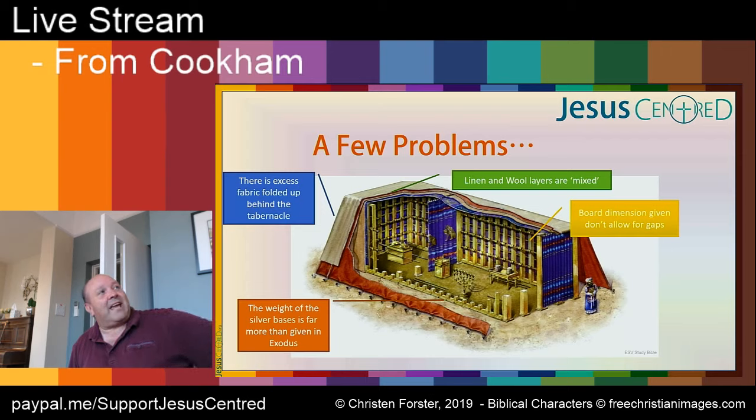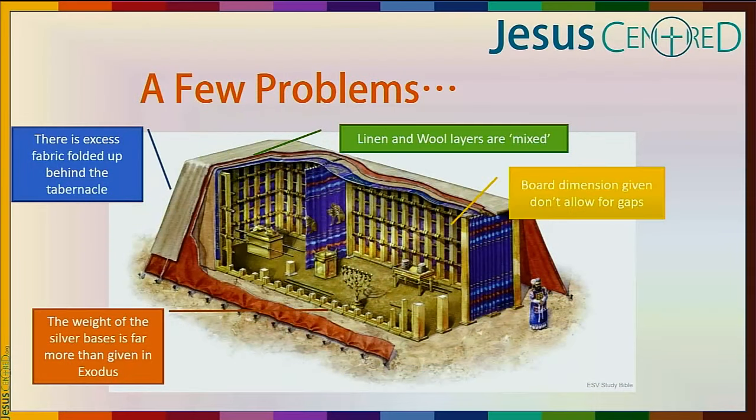In this model you can see there are gaps between the boards, but the dimensions given for the boards, which we'll look at in more detail in a minute, don't actually allow for any gaps if you want to get the tabernacle covered. So there are no gaps. Now the reason they probably put those gaps in is because people want to be able to see the fine embroidered linen, which has cherubim embroidered on it, the work of a fine craftsman. But the strange thing is, in the standard model, those boards obscure it from the inside, so you can't see the fine weaving from the inside, and from the outside it's covered by 3 layers: a wool layer, a red leather layer, and a brown leather layer. So it just adds a strange kind of question.